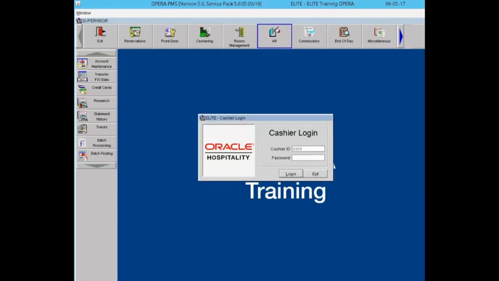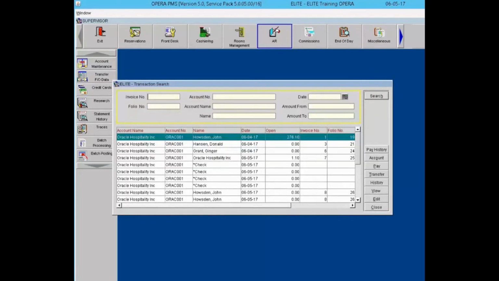How to use the AR search screen. Once in the search screen, a list of invoices appears. All invoices, both paid and unpaid, are available from this screen. To search for existing invoices, use any of the fields in the yellow bordered search area at the top of the screen. Once the invoice has been located from the research screen, the user has the option to